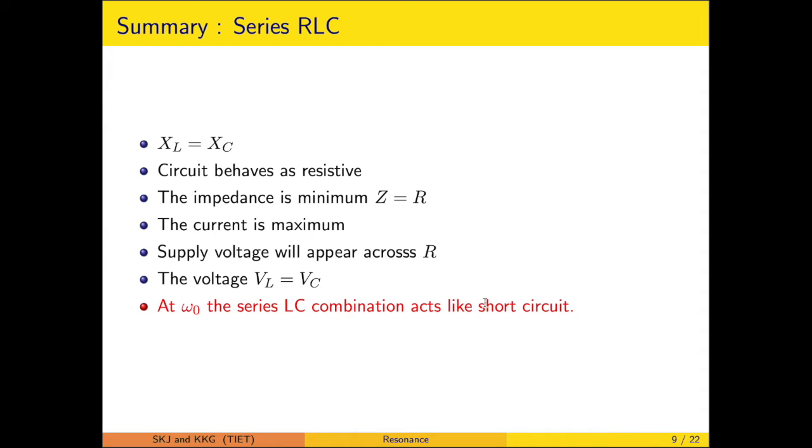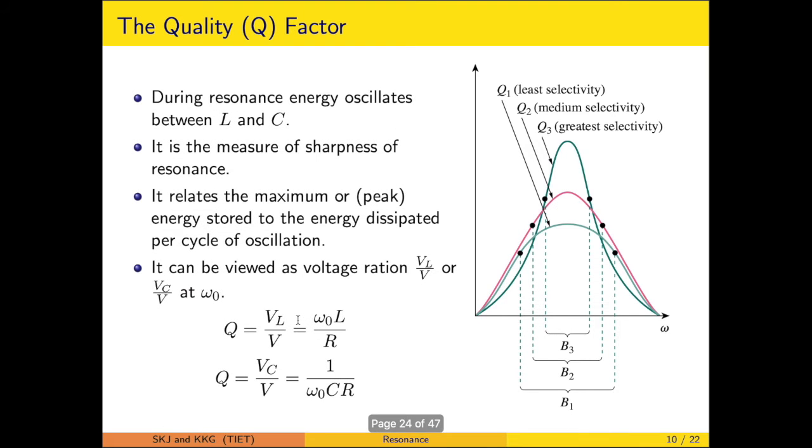So what is the meaning of short circuit? When we take LC as a combination, the net voltage across that will be 0. However, please be mindful that when the full voltage is appearing across the resistance, it does not suggest that either VL is equal to 0 or VC is equal to 0. They have a specific, even higher value than the supply voltage.